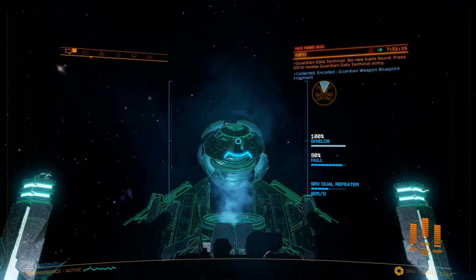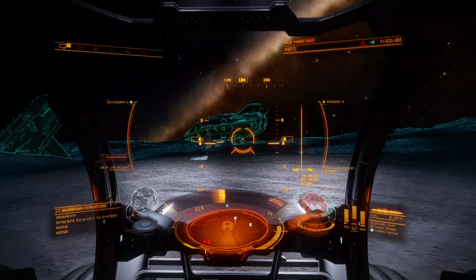Now this time you don't need to bother with them, you can just head right back to your ship. If you've gone through the site enough times, get back into your ship and head off to the next Guardian site, or the ruins, or head back to the bubble as the case may be. Or you can just get back into your ship and log off and log back in, and you can start